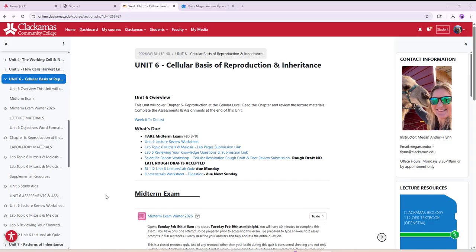So Unit 6, we're getting into cell division. So in cell division, we're going to learn how cells reproduce themselves. In chapter 3, I think, we learned about cell theory. So cell theory being that the smallest unit of life is the cell, and that life begets life. So cells come from pre-existing cells. And so we're going to take that and learn about how cells divide.